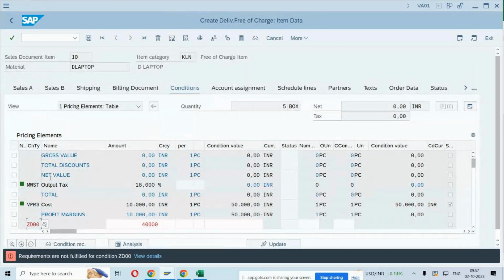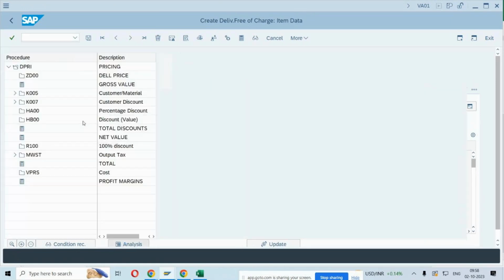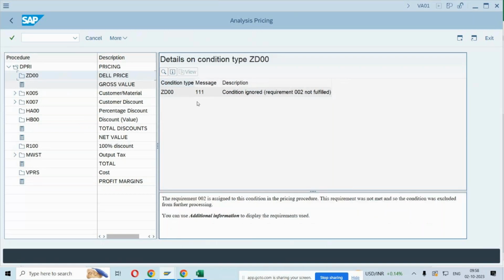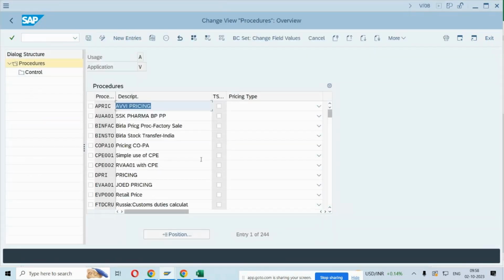And what is that requirement? It's not getting fulfilled. What is the routine number? Where did we assign this routine? In pricing procedure, again this particular condition type, we maintain routine number 2. Item with pricing. Requirement field. So if you open your pricing procedure, which has 08, pick up the pricing procedure against our condition